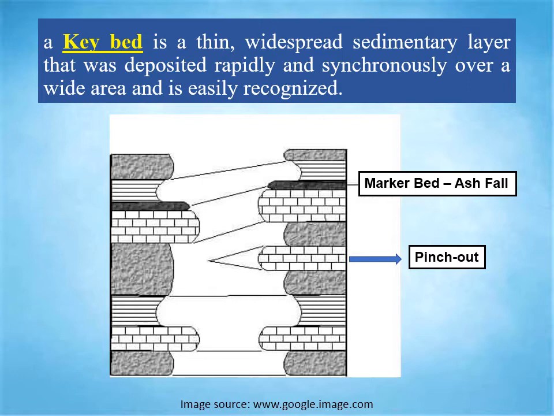That indicates an abnormal phenomenon which only occurs at a certain period of geological time. So with the help of these key beds or marker beds, we can correlate rock layers which are separated